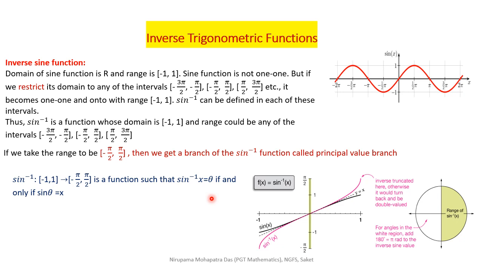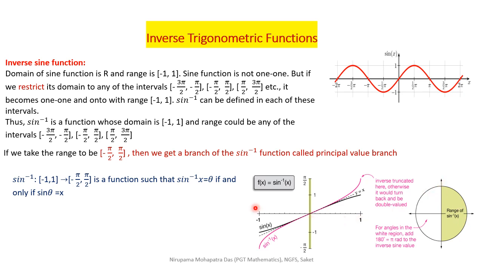Just by looking at the graph of sine inverse, you see this one is your sine x, and this pink graph is the graph of sine inverse. Both sine x and sine inverse are mirror reflections along y equal to x. And if you take the circle also, here you see 0 to minus pi by 2, and 0 to pi by 2. It means we are taking minus pi by 2 to pi by 2.